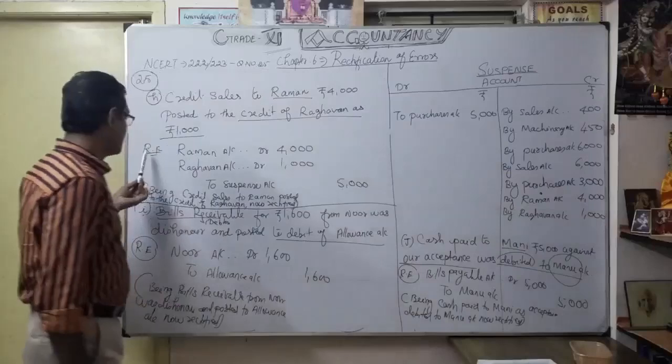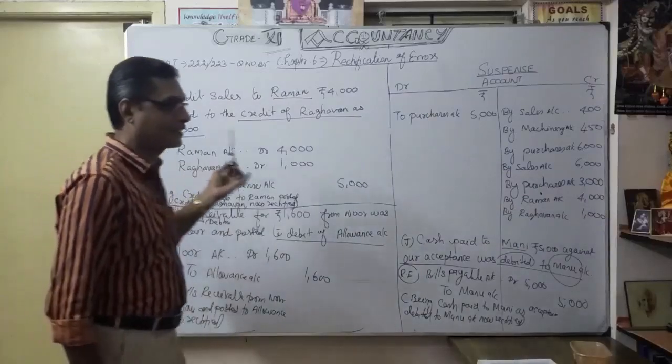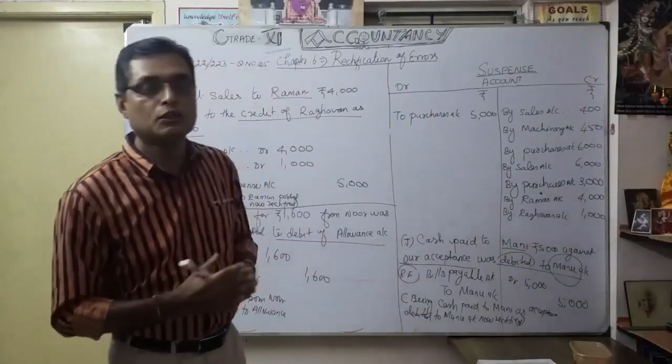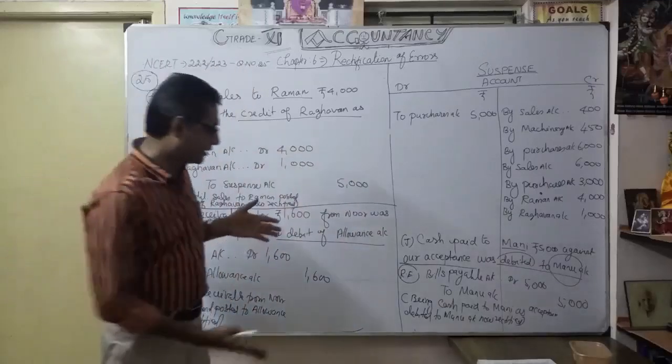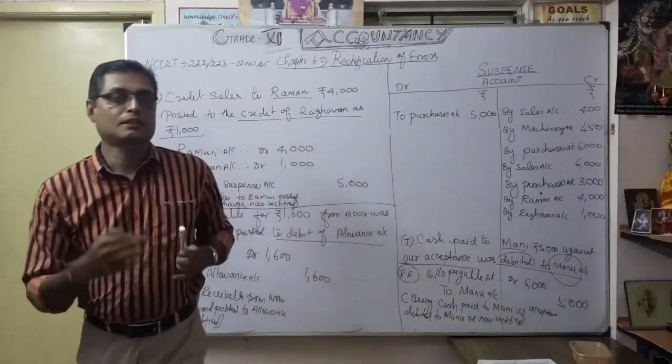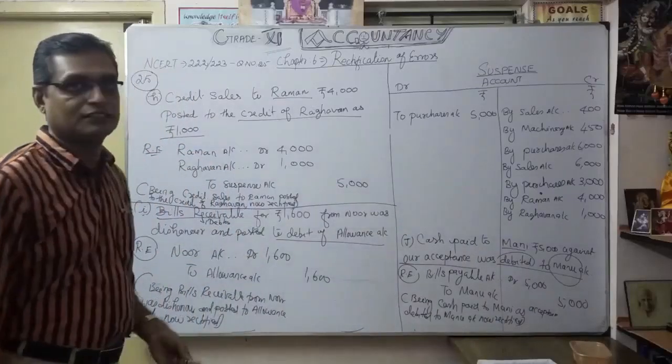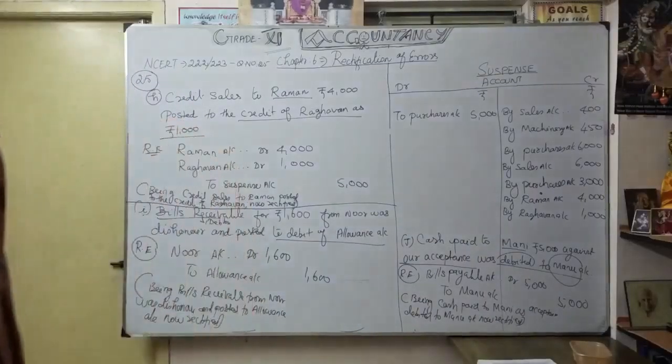Okay. So here we can do it directly as a rectification entry. So wherever necessary, you do the correct entry for the wrong entry, the rectification entry. Somewhere it is not necessary, you can directly move to the rectification entry. Now let's see the continuation. Okay, now let's see the continuation on this transaction.